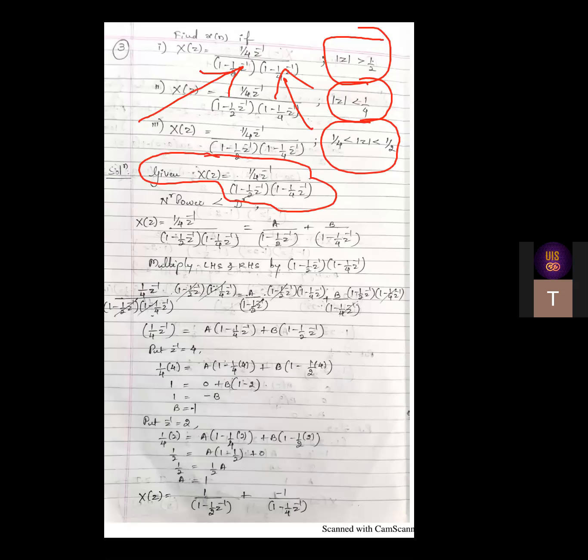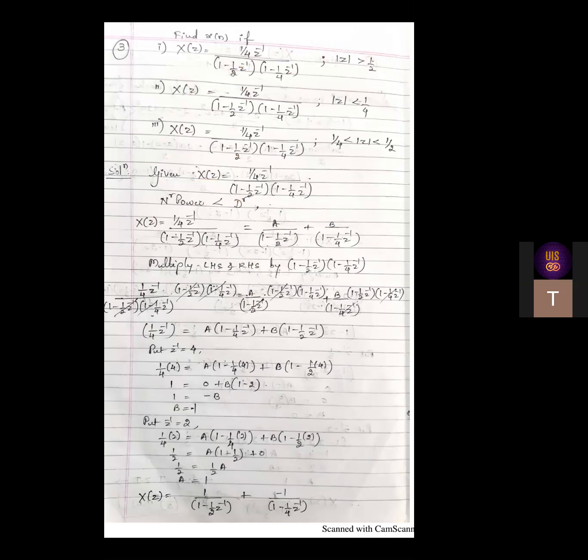In the previous two problems, some equation was given to you. You went for the quadratic equation solution, finding the roots and getting the two factors, two brackets. But here directly two factors are given to you, so it is easier now. So what to do? We should directly go for partial fractions. So this x of z is given by A by one factor plus B by one more factor. As I have told you, these two can be exchanged. Along with A you can put this, and along with B you can put this. No issues, you can change the brackets. But I have taken along with A this, along with B this.